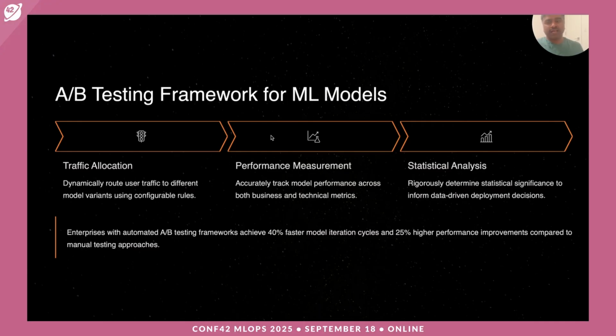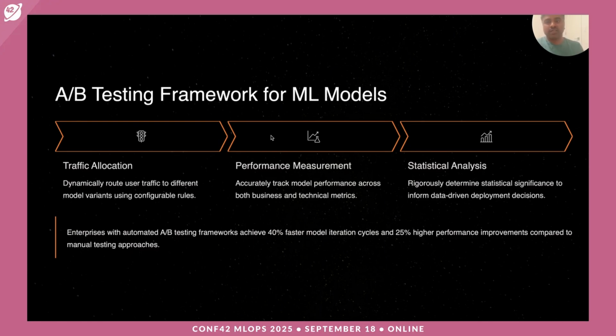It's mostly when we have two different versions of the models, exposing customers to both versions and seeing the user sentiment, which is performing better, whether it is a recommendation system or any kind of use case we're trying to build. Seeing which model is performing better and using those signals to promote either of them is what we usually call A/B testing, right? There are a few aspects to it.